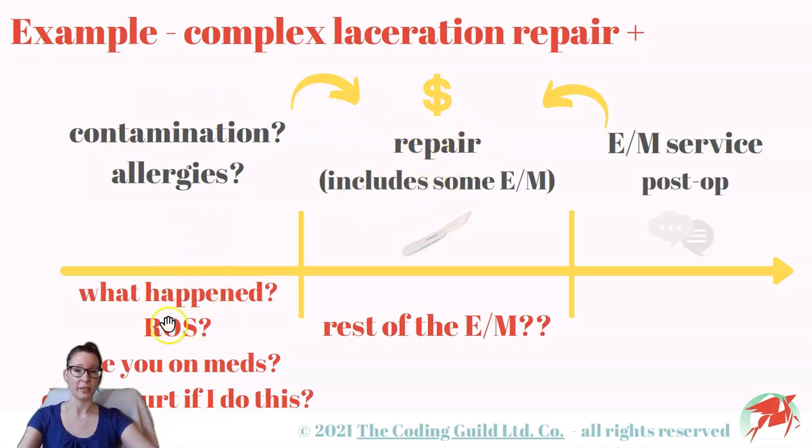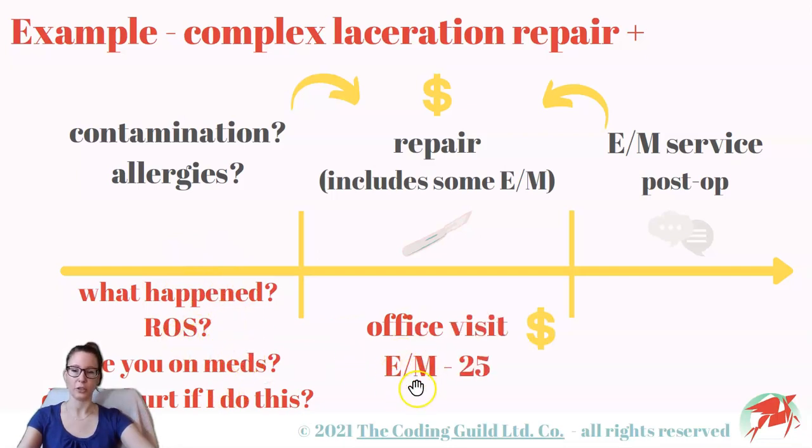Another solution will be necessary to get this work paid, and the solution is an additional EM code with modifier 25. This will show the payer that we performed a procedure, performed the mandatory evaluation directly related to said procedure, but then also went above and beyond the expectation and asked further questions. And now we would like to be paid for those further questions and the mental work they entailed.